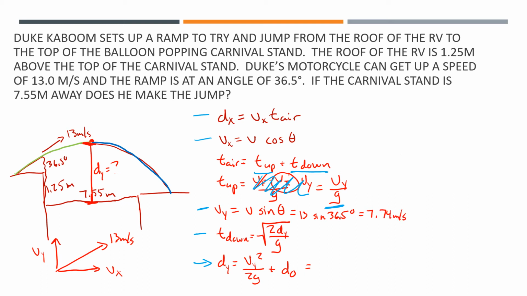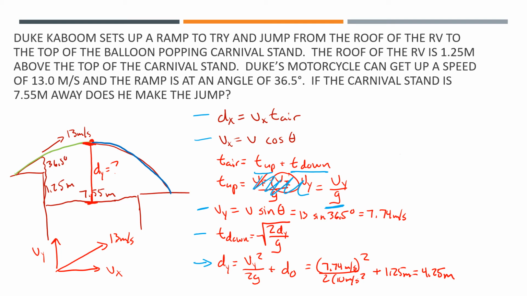So we take that over here, 7.74 meters per second, square that, divided by 2 times 10 meters per second squared, plus that initial height we start at, which is the 1.25 meters, tells me that we are going to reach a maximum height of 4.25 meters